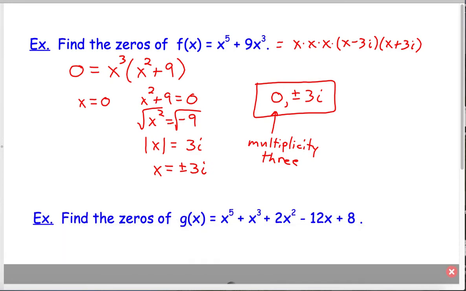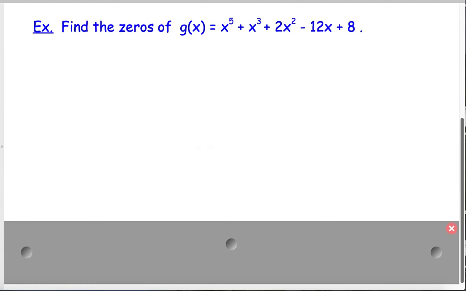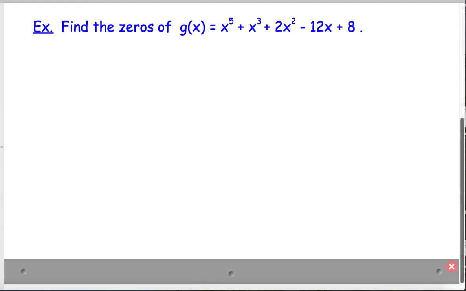Let's look at another example. And this is really going to put together everything that we've learned so far. All right, find the zeros of this function. So factoring is probably not going to be very helpful, but let's use some of the ideas that we've learned. I know by looking at that 8 and the coefficient of x to the 5th is 1, I know the possible zeros,